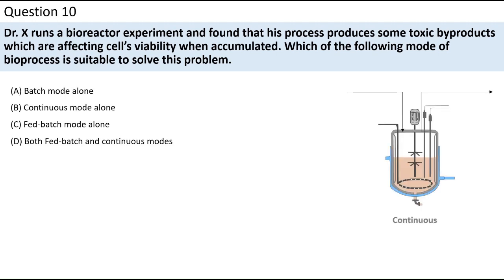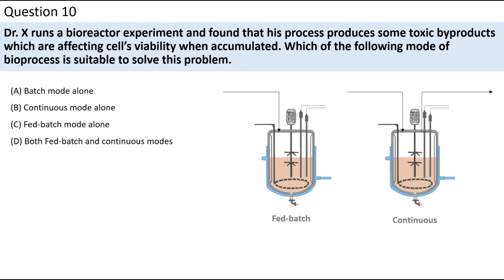So we were saying that continuous mode is a preferred process for this because your byproducts will be continuously removed from the media, and the cells will be recycled back. So you will not have cell loss, at least not to a certain level, whereas you will be continuously removing your toxic byproducts. But fed batch is also one of the right answers because